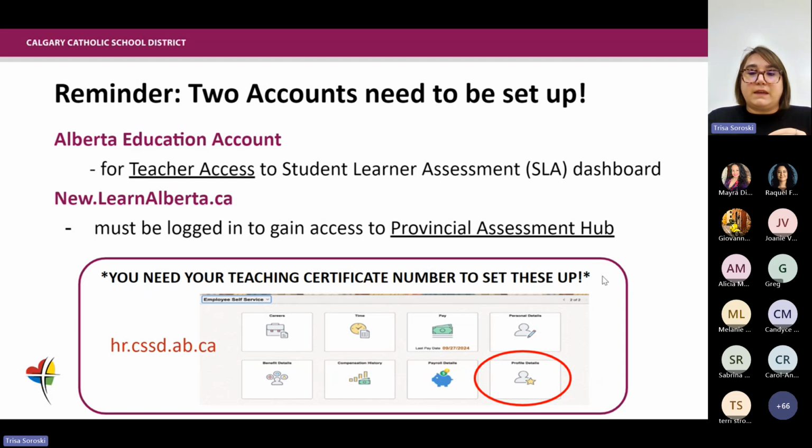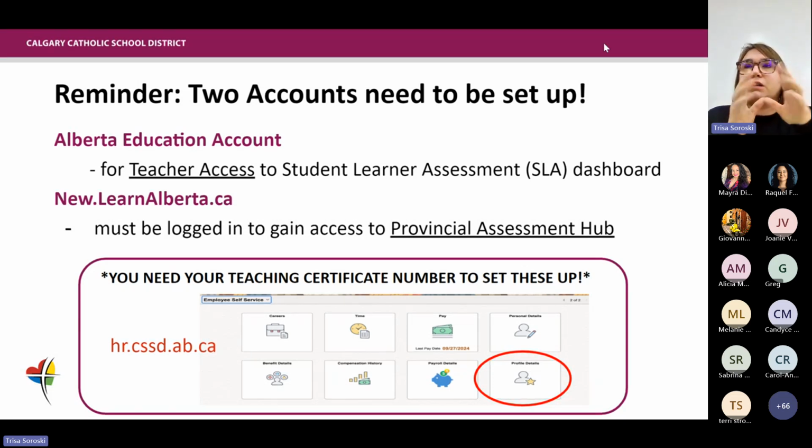One of the things you need to create your Learn Alberta account is your teacher license number, your teacher certification number. You can find that on the HR self-service page under profile details. Your teacher certificate number will be there, and you need that to create your teacher account on New Learn Alberta. So HR, that's where it is.